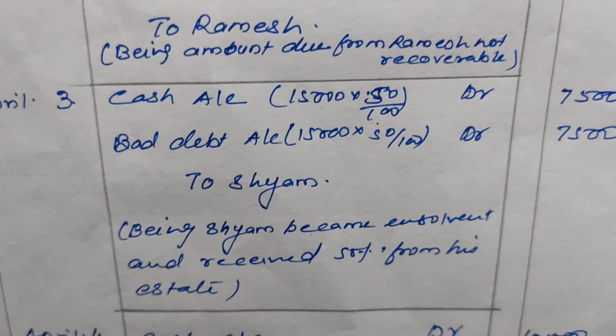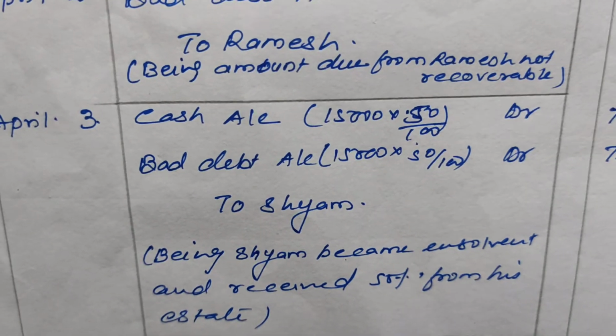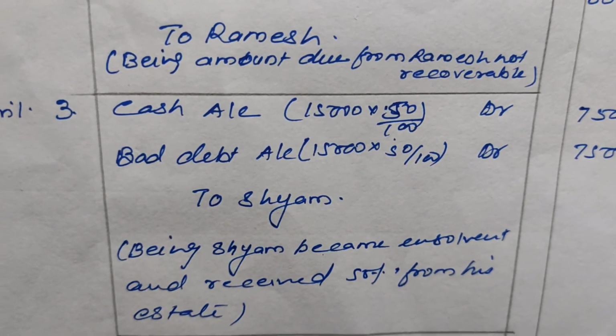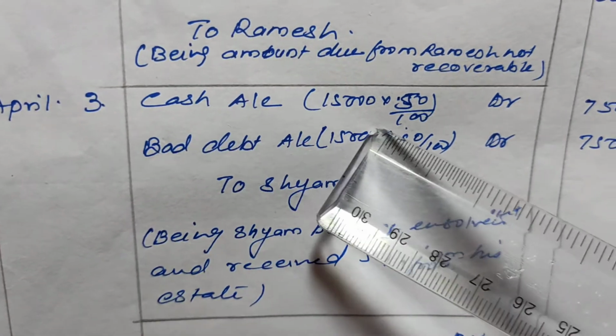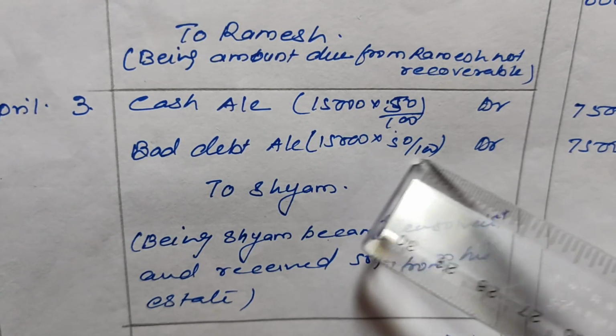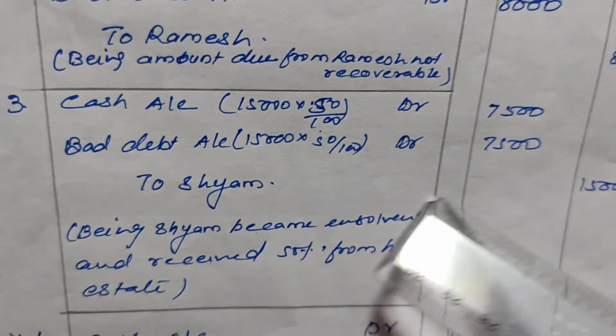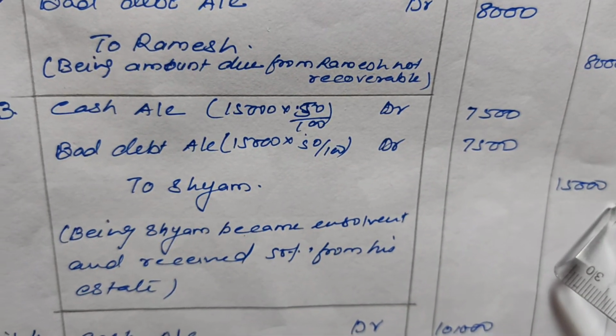Okay, so if we are receiving some amount from a debtor who became insolvent, that will be transferred to cash account. Amount not received will be debited to the bad debt account, and total amount will be credited to the debtor account. Okay, now next is